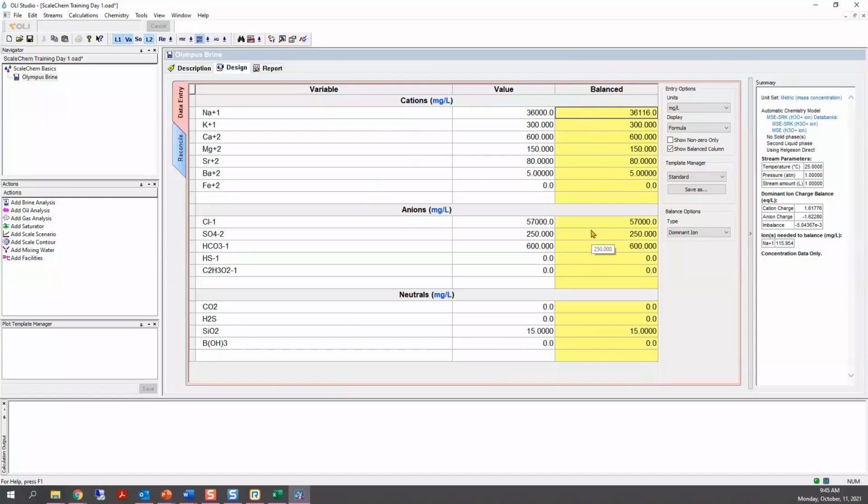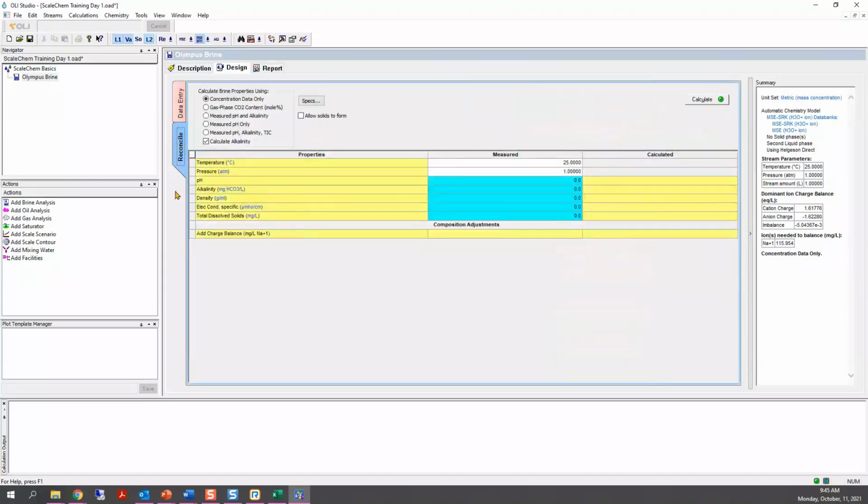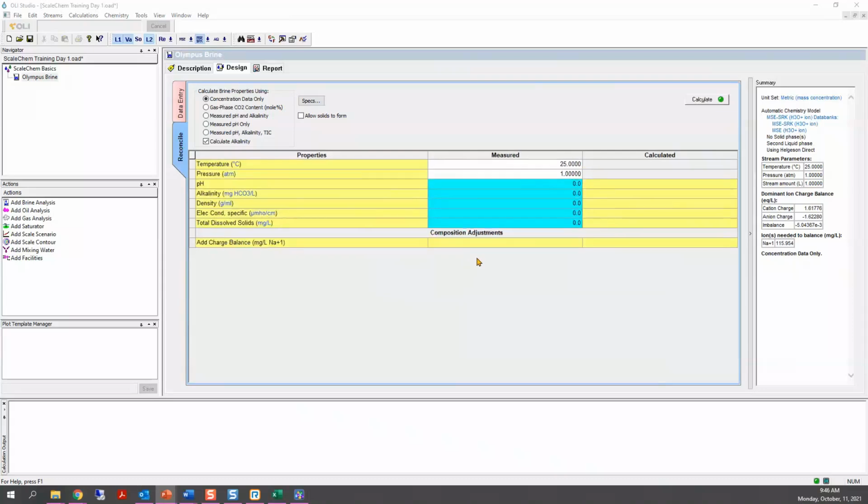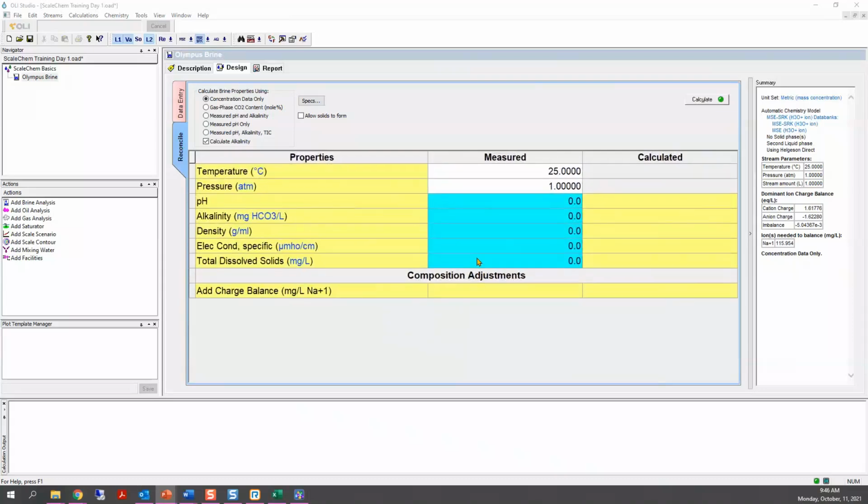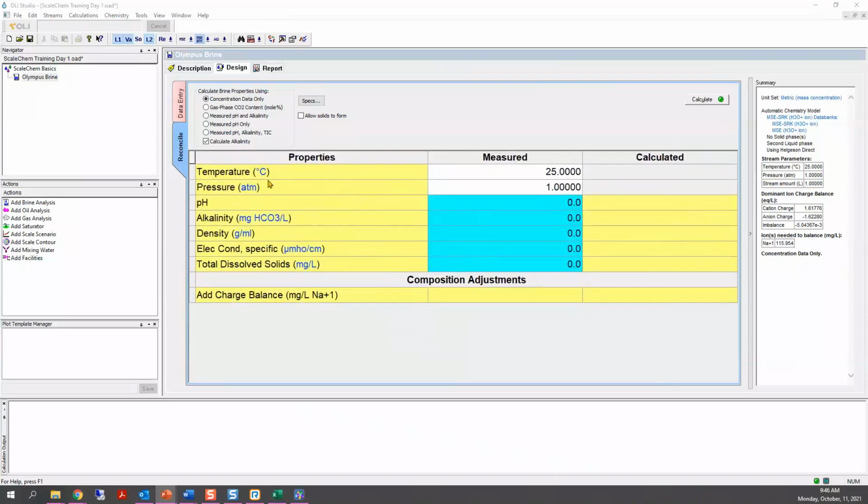Okay. So the next step in this brine analysis is to go to the reconcile option. And in this reconcile option, there are several things that we need to do here. The first thing is, and this is a little small, let me just increase it, you'll see that there is a column where it says measured.